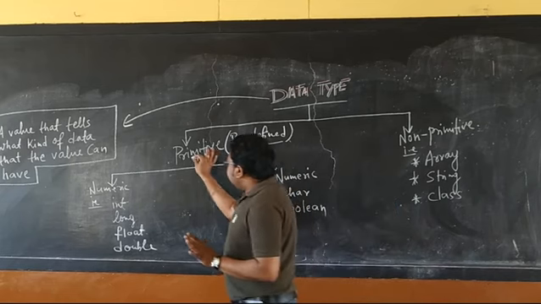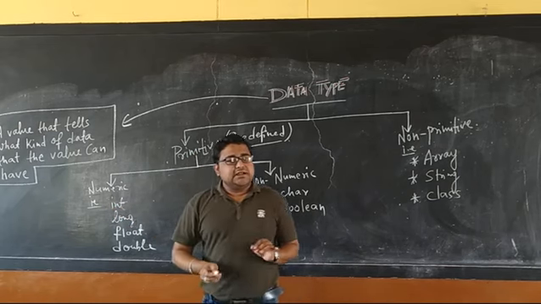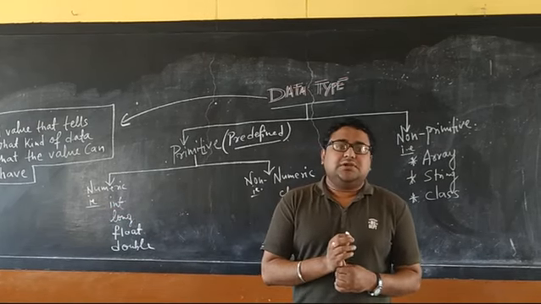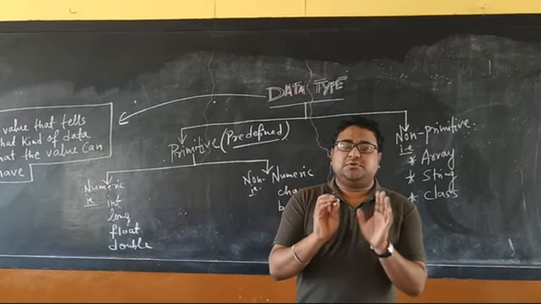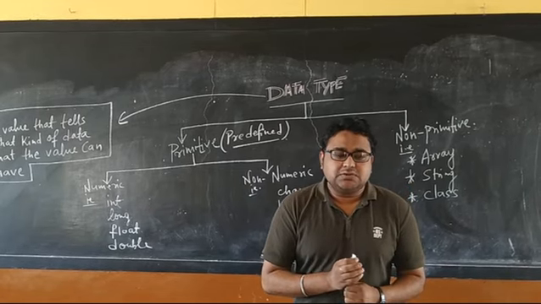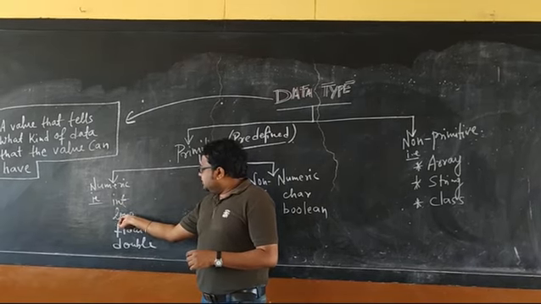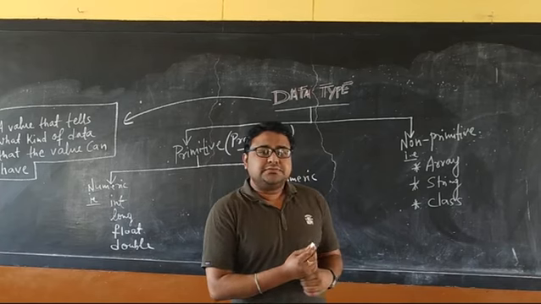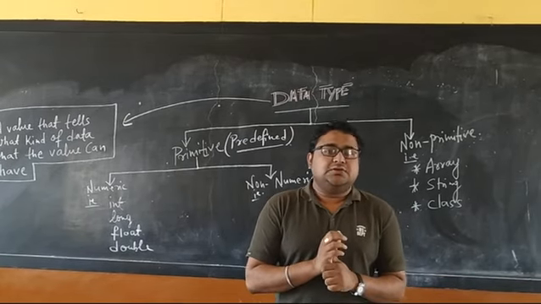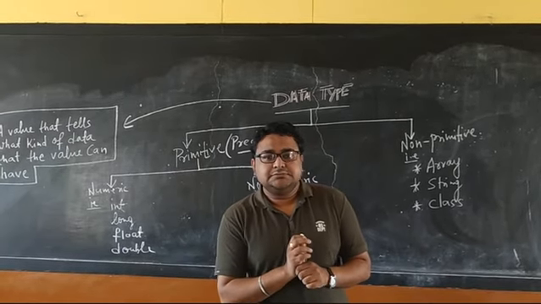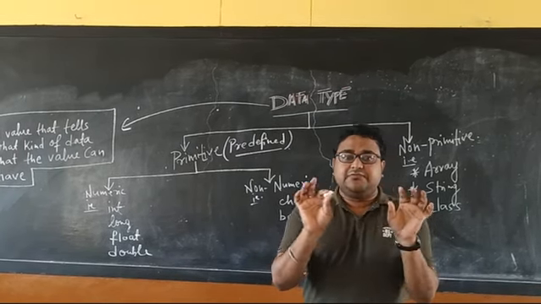So here, primitive numeric data types. First one is int. Int is storing your roll number, just like that 5, 6, 7, 8, small numbers. If you want to store them, then you need to make one data type, that is int. Second is long. Long is storing very long integer values. For example, your mobile number, your Aadhaar number, UID number, PAN card number, if it is an integer number. So storing very big numbers.